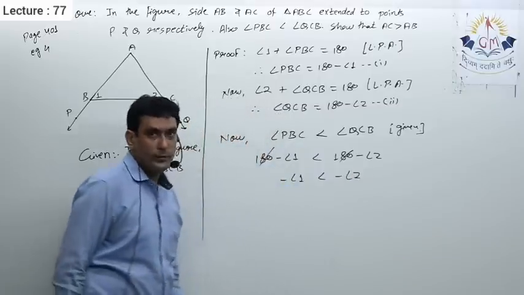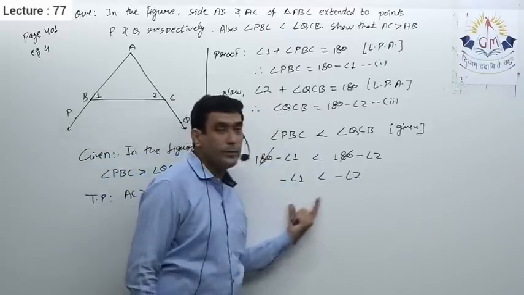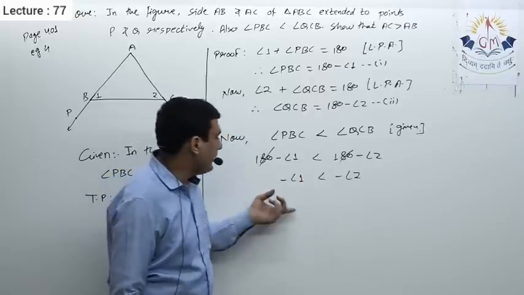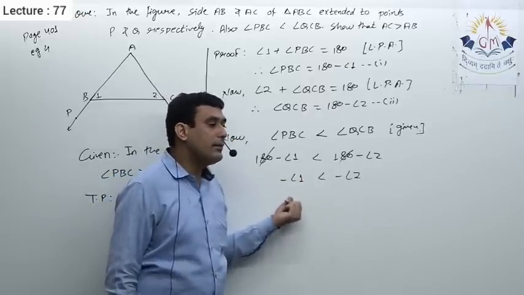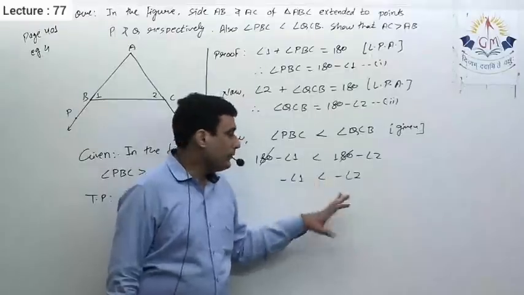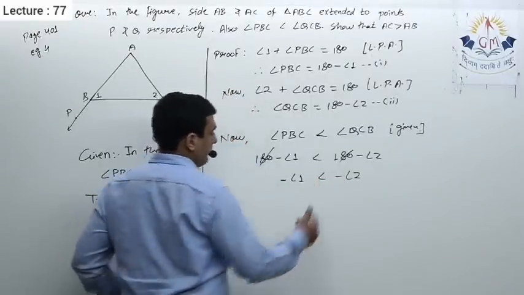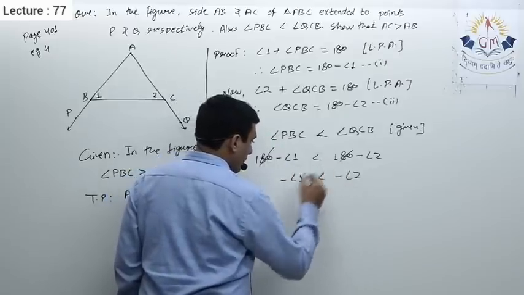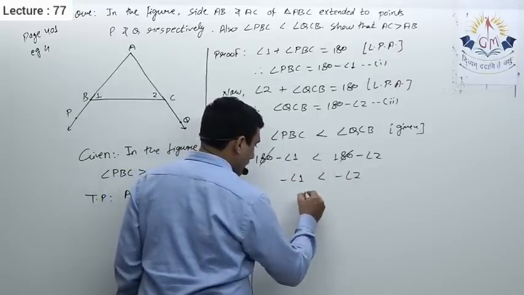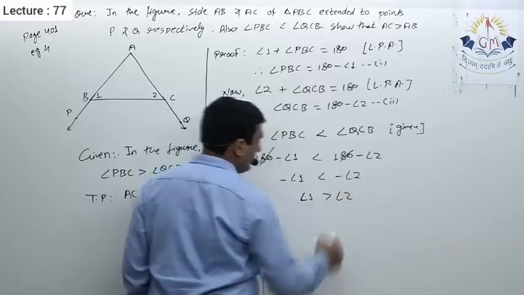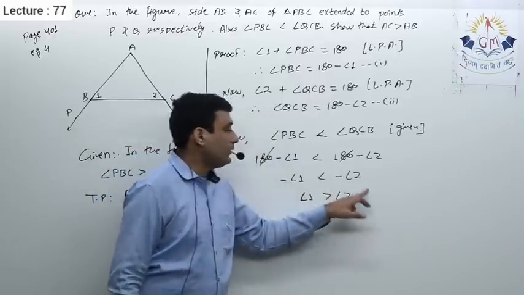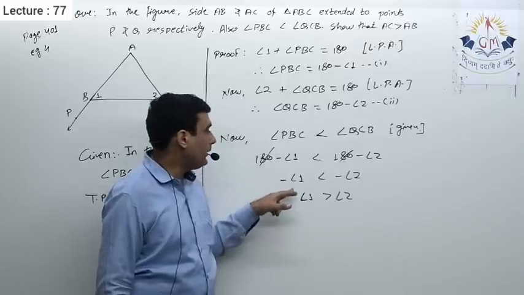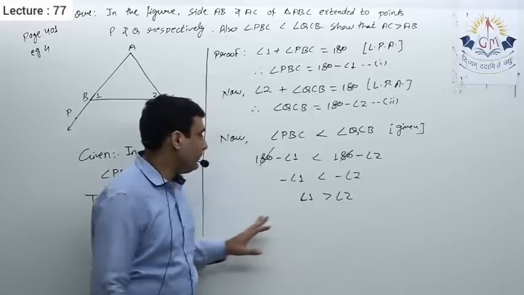Now there are two ways to understand this thing. See, there is a relation between two negative quantities. Now you may say that angles are not negative. Yes, angles are not negative. Here if we talk about degrees, actually they are saying minus 80 is less than minus 50. So if I omit these negative signs, I will get angle 1 is greater than angle 2. Or you can simply say if I take 1 on that side, this will become positive, and 2 will come to this side, so it will become positive. So ultimately angle 2 will be less than angle 1.